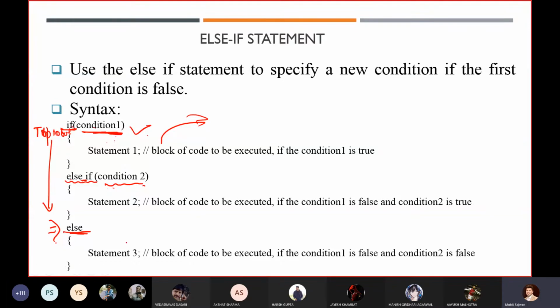Always remember this point, it is very important, because sometimes students will think both conditions are satisfied, so it will execute statement 1 as well as statement 2. But always remember, the condition which is satisfied first, only that block of code will be executed.